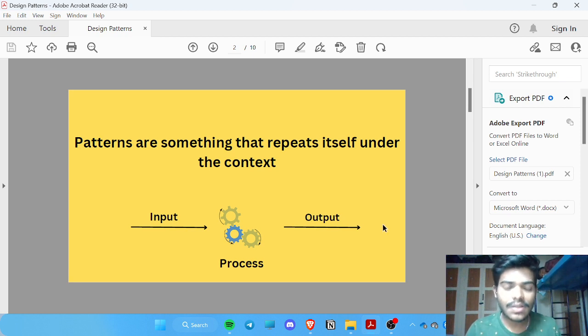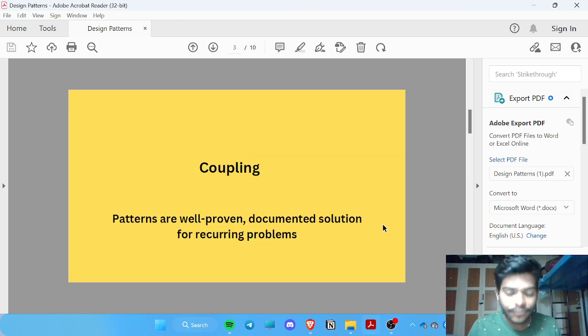But that is not possible every time, because for some of the inputs we get the output, but for some of the inputs we will not get the correct or expected output. This could be because of many errors or some bugs. So in order to make changes,